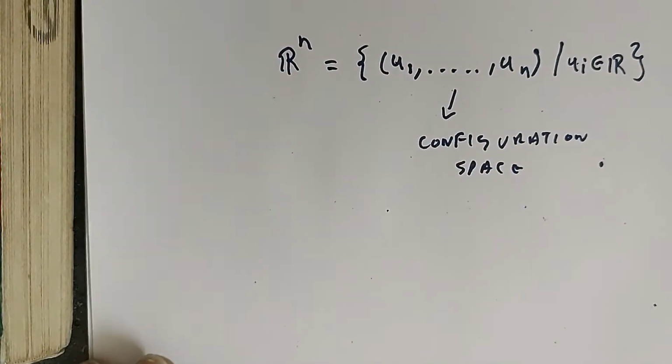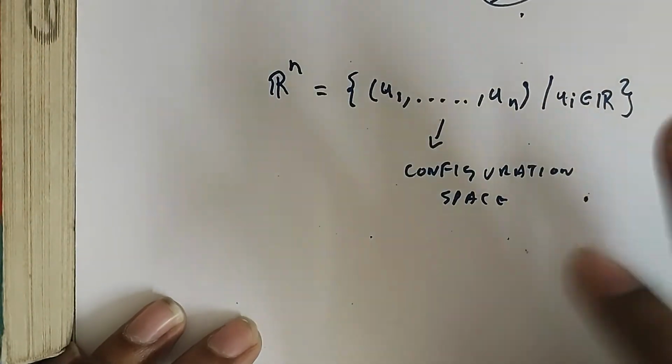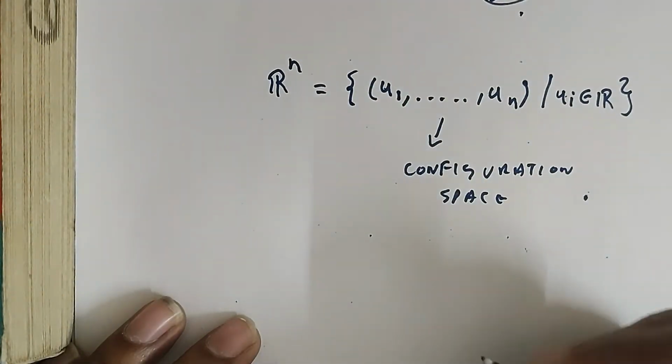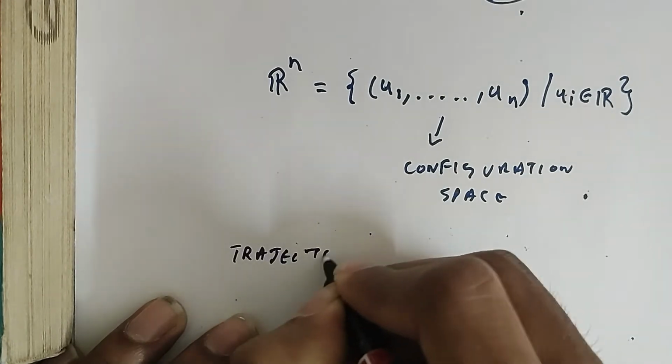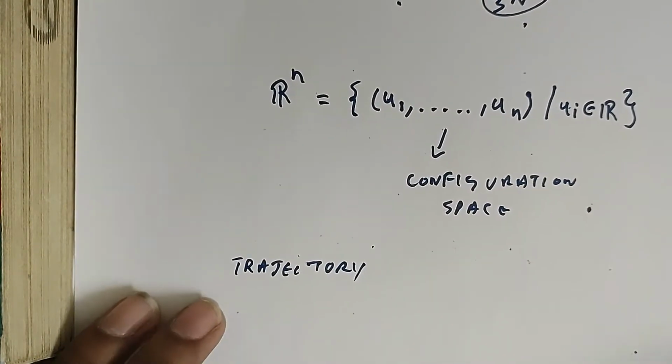Now, as we know, in classical mechanics we try to find the trajectory. Classical mechanics is an unambiguous term, as I just stated it. So what we do in mechanics is find the trajectory of the particle. So what is the view of the trajectory in terms of configuration space? The trajectory in configuration space,